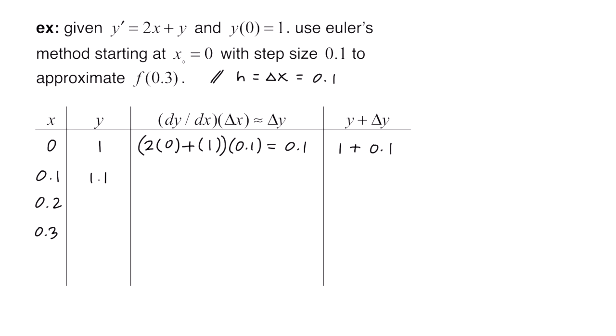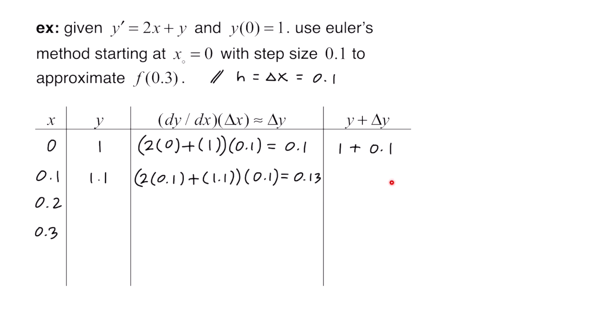And now we start the process over again. We have x is 0.1, y is 1.1. We're going to plug them in first to the derivative, which is this formula right here, and then we times by change in x, which is 0.1. So we have 2 times 0.1 plus 1.1, and then we times all of that by 0.1, and that equals